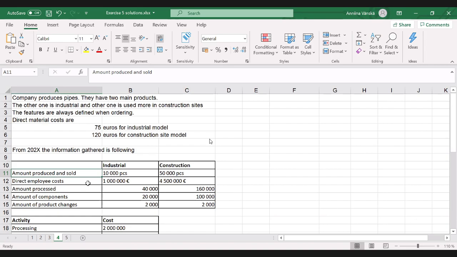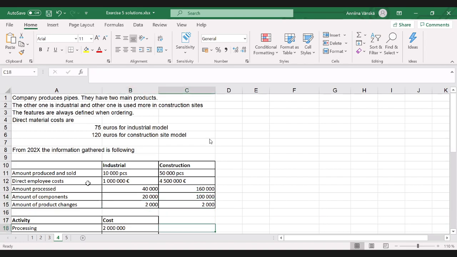And now they have a bit of information here. Amount produced and sold: they don't have it in inventory, so they always only produce the amount that has been ordered. Industrial, 10,000 pieces, construction, 50,000 pieces. For the industrial, the direct employee costs are 1 million, and for the construction, 4.5 million. Amounts processed, 40,000, 160,000. And then components, 20,000 and 100,000. Then there are product changes, both of them